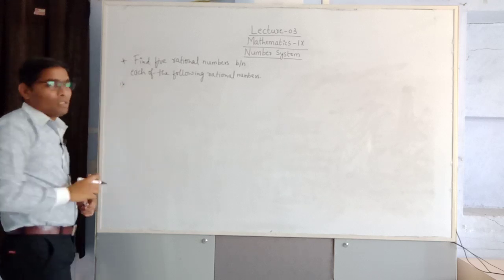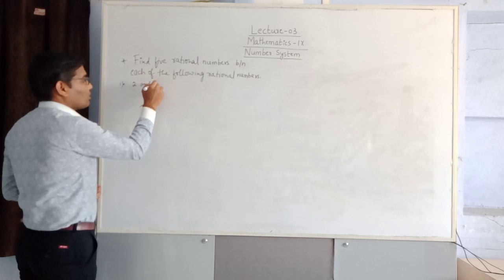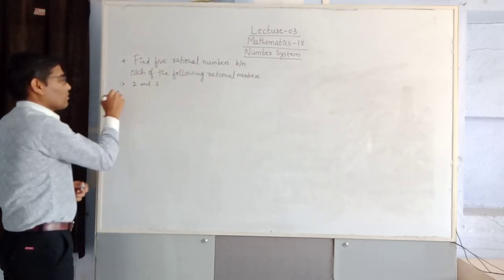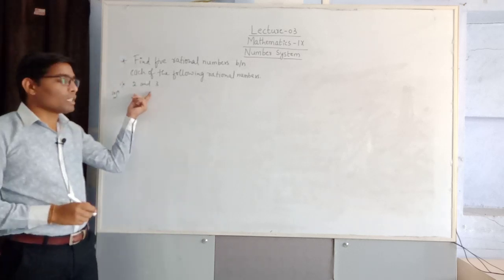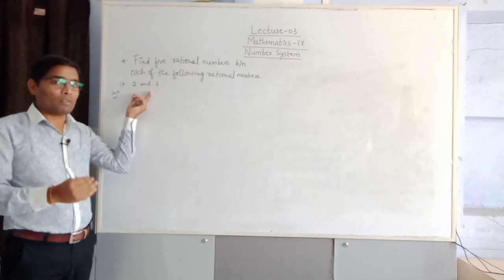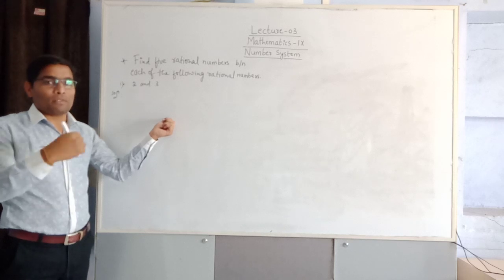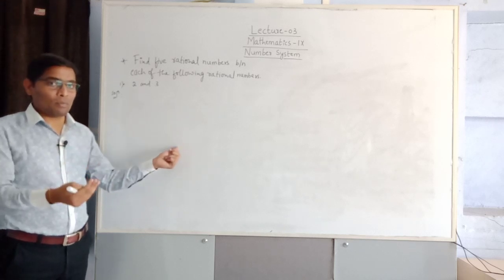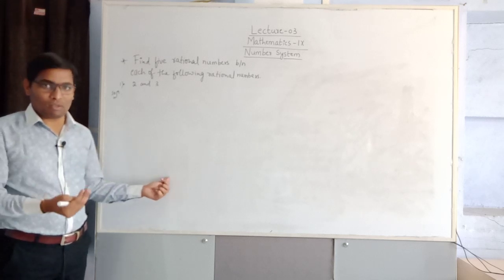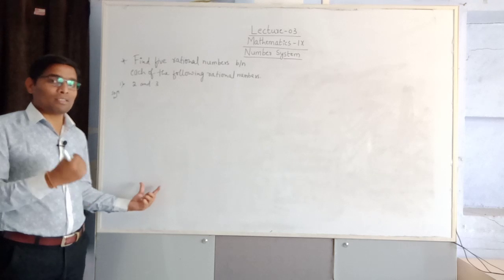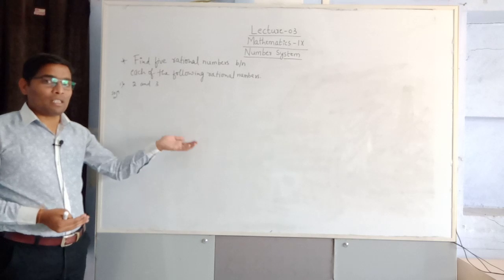Now, in this one, first we will take two rational numbers which are integers, that is 2 and 3. There are different kinds of numbers: two integers; one an integer and the other a fraction; one a fraction and the other a decimal, or both decimals; both negative integers; one positive and one negative integer; or both rational numbers with the same denominator or with different denominators. We will discuss one by one.